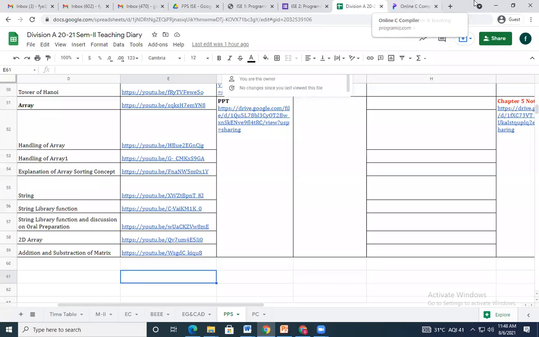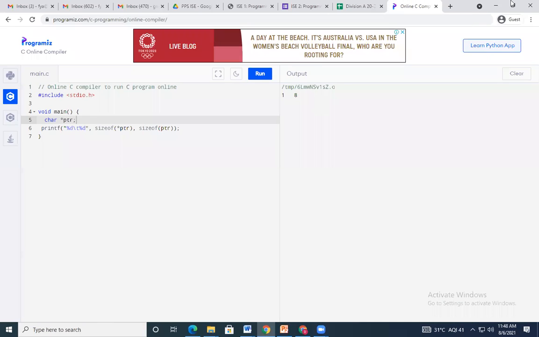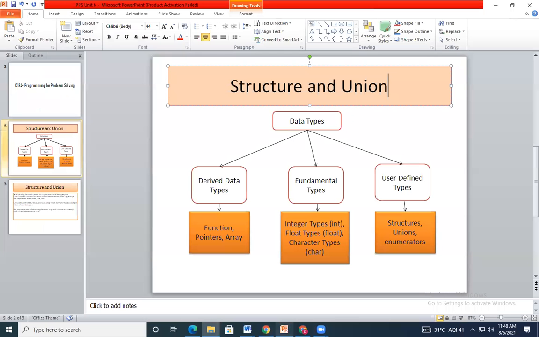Now we are going to deal with structure today. If you go through the diagram once again, it is a data type, but it is under the user defined type.